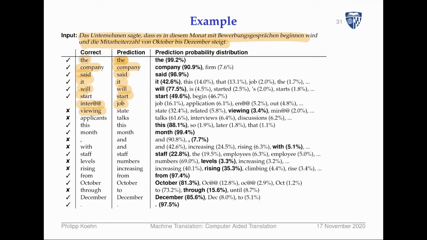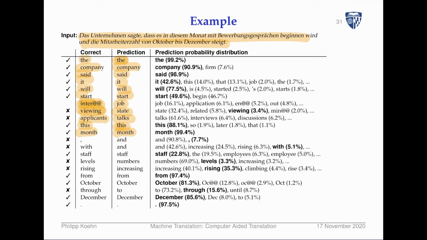And okay, so it starts with inter. The machine translation system is very confused by that and proposes state, so interstate, which is completely off topic. But then interviewing, so it will start interviewing. Now the machine translation system says talks, which is also wrong. So here now the professional translator puts in applicants, but then after that the machine translation system recovers. It says this month, and this is also what the professional translator